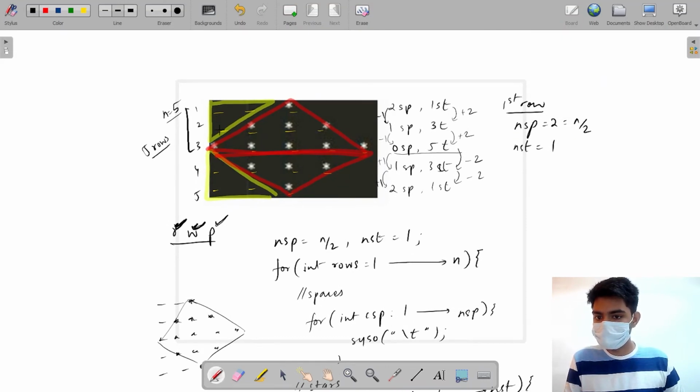At the halfway point, first what I see is that the number of spaces are decreasing by 1. I see that, till the halfway point, my number of spaces are decreasing by 1, and the stars are increasing by 2 till the halfway point. So what I'll do is,